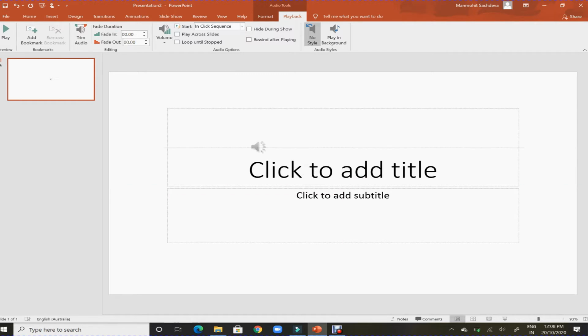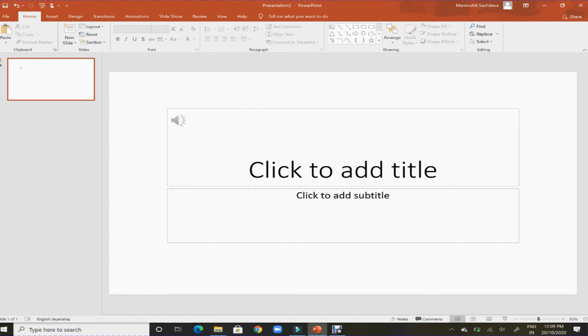Now you can simply drag and drop this particular symbol wherever you want. Let's say I want to paste it up here. Now there are two ways of playing this audio. Either you can simply play by clicking on the play button, or if you are presenting this presentation you can